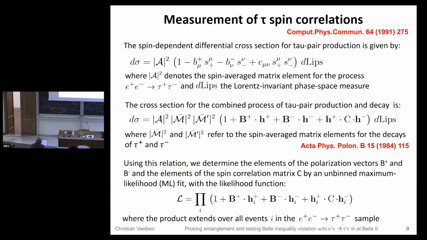And we also checked that there are alternative ways to measure the spin correlation matrix C, like binned fits to differential cross sections, or forward-backward asymmetries, and they all give the same answer. It's just that the likelihood fit gives the smallest uncertainty, and it has the additional advantage that all the correlations between the 15 elements that we want to fit are taken care of because it's just one fit, so one data set. And with the covariance matrix that you get at the end by minuit, you already know what the correlations are between the 15 numbers that we care about. So it's easier to handle experimentally.